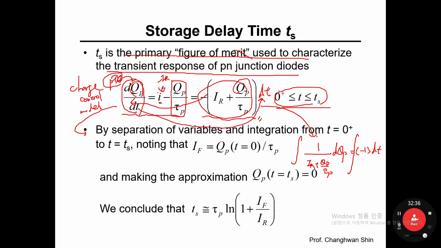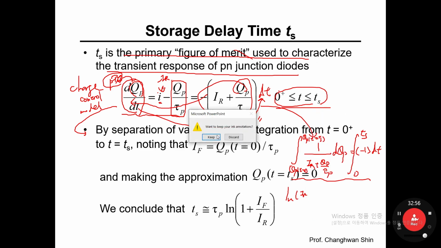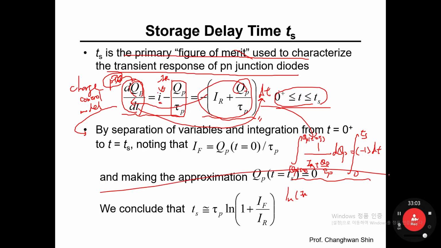And then time goes from 0 to Ts, okay? And here Qp is at time t equals 0, and this Qp is at time t equals Ts. So you can solve this integration. So here ln